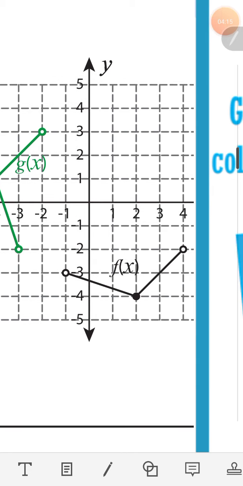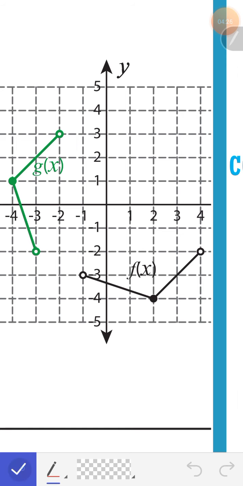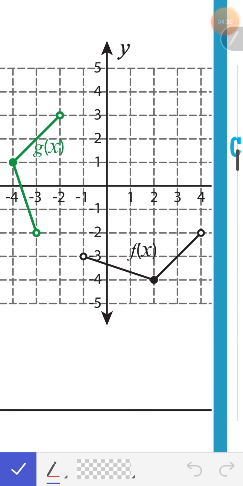So let's try that theory here. Let's assume we do not see the green function. So you guys close your eyes to the green function. I've only been given the black function. It's the only one I've been given. I don't see the green function. You guys don't either. If I wanted to draw the inverse of the black function, all I would need to figure out is